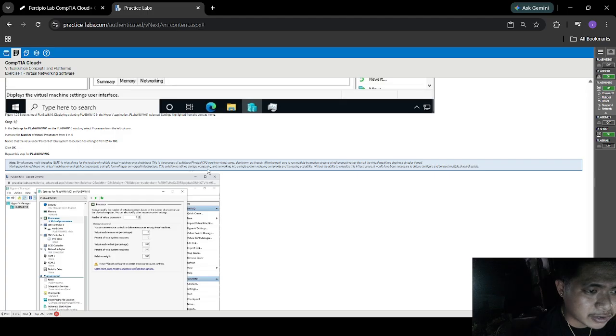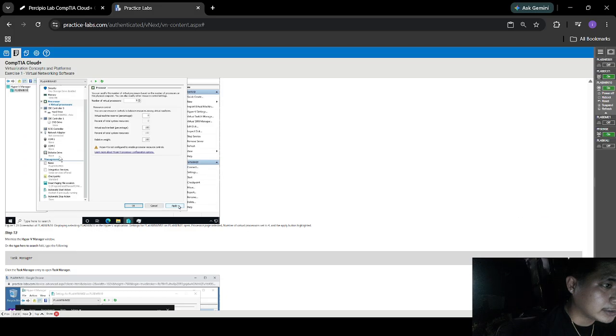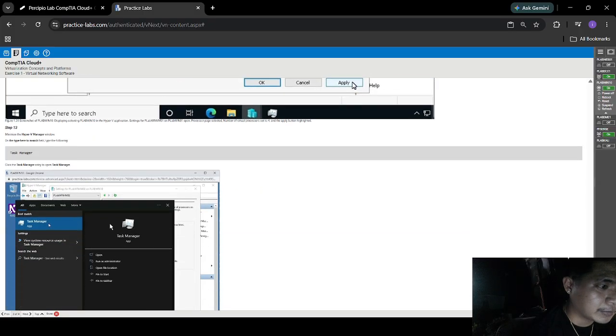The solution combines storage, computing, and networking into a single system, reducing complexity and increasing scalability. Without the ability to virtualize the infrastructure, it would have been necessary to obtain, configure, and connect multiple physical assets. So repeat the steps and click OK and Apply.